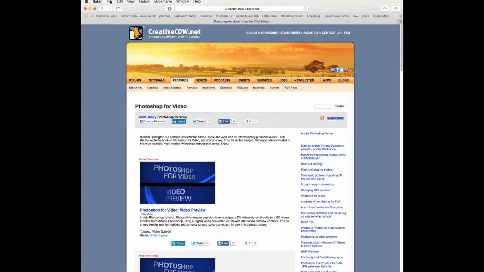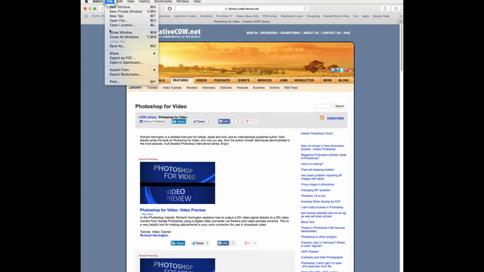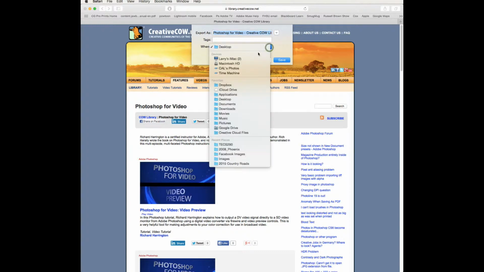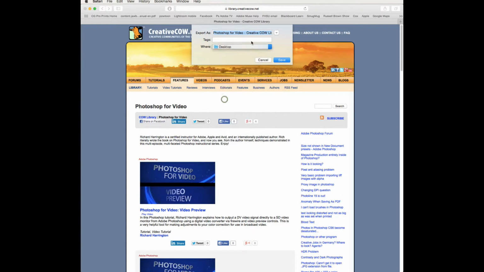I simply go up and I click on File, go down to where it says Export as a PDF. I click on that. I can change the title, and I can determine where I'd like to have it saved. I can either have it saved on my desktop or any of a multitude of other options. I'm going to save this on my desktop, and I'm just going to keep the name Creative Cow